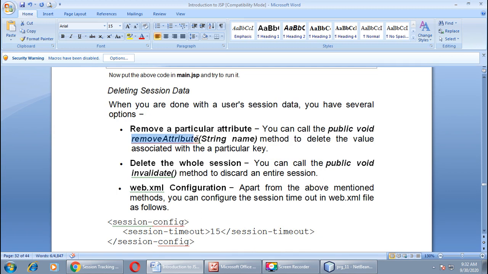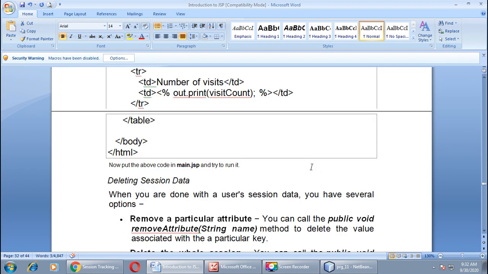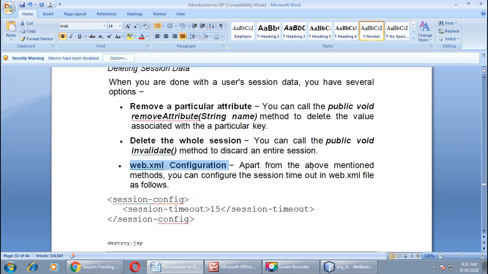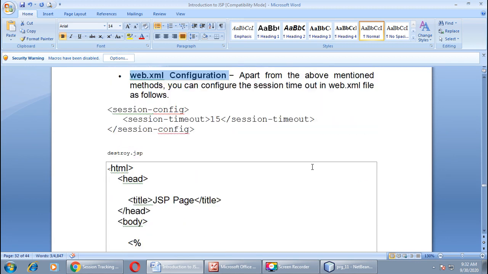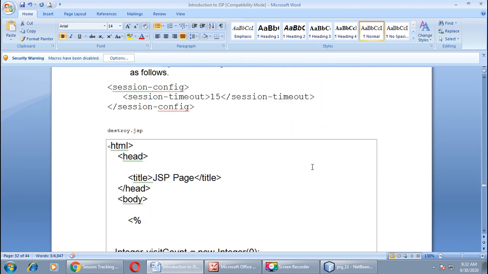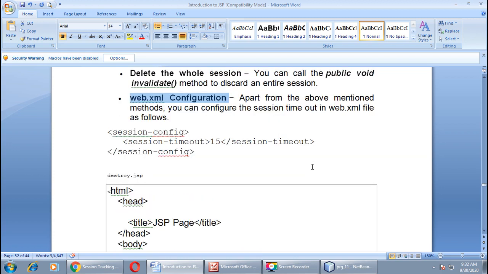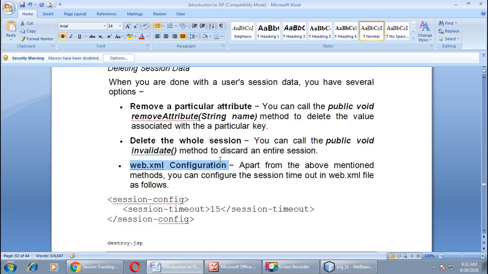Number one is removeAttribute, second is invalidate, and the third one is to make some changes in our web.xml related to our project. So in the next session we will continue with the same example. In that example we will delete the session created by us for a particular client request with the help of any of these methods.